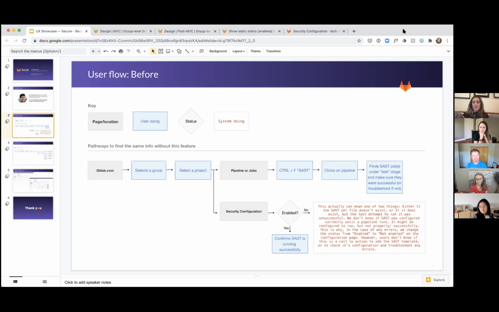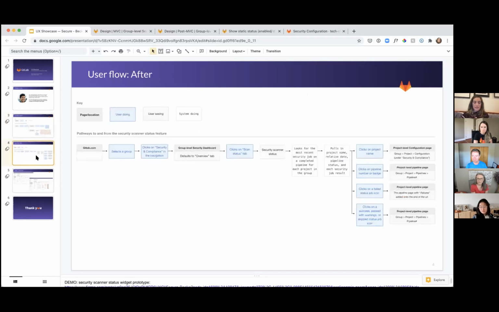But it's important to understand for the purpose of this widget, the technical constraints that we currently do have. Towards the end of this, I'll show the MVC and then the post MVC that addresses all of this complexity. And I'm sure people have a lot of questions, so we can definitely answer those at the end too, since we have plenty of time here. So the after flow, I'm going to walk through this and then I'll do a demo in a prototype of